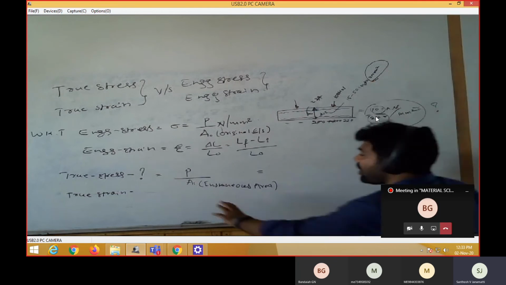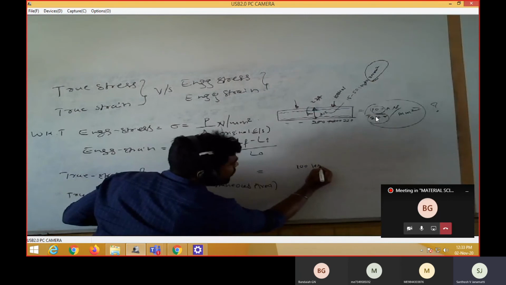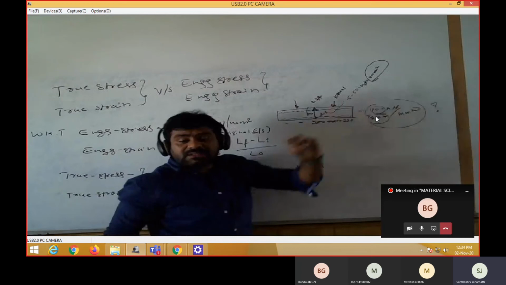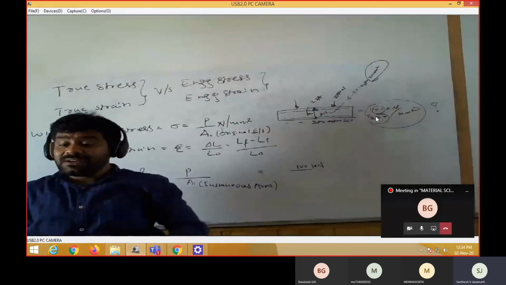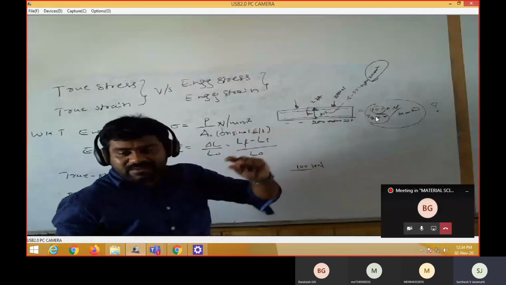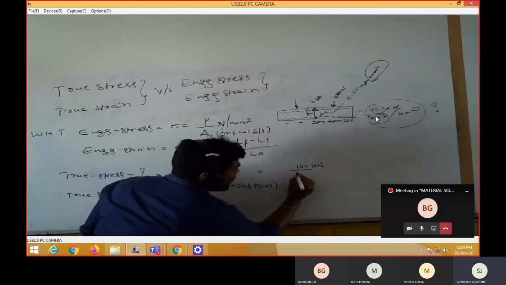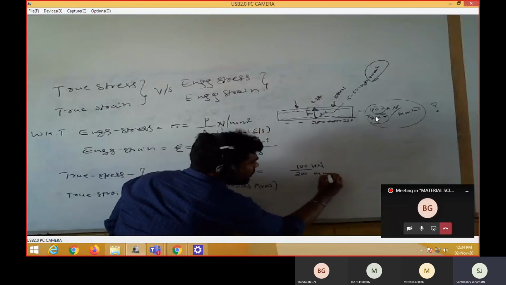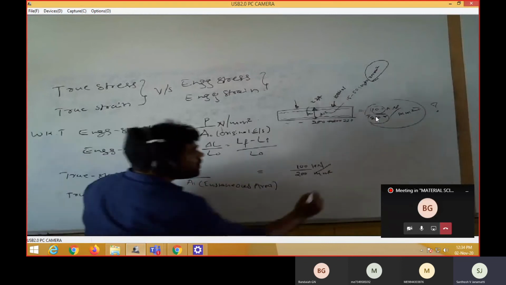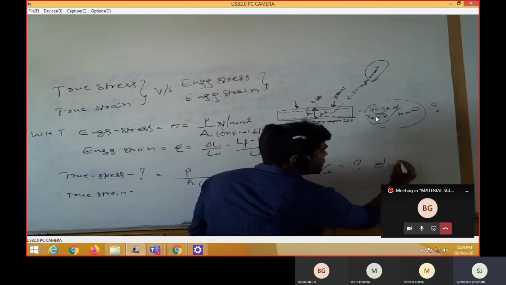If you take 200 mm, now I'm solving the true stress. The applied load is again the same, 100 kilonewton, divided by the cross-sectional area after applying the 100 kilonewton. The area will be reduced. Now we get a diameter reduced by around 5 mm with respect to the 200 mm I am taking. So, 200 mm square. Now this is the true stress. Now we can simplify, and we will get the true stress, that is sigma dash.